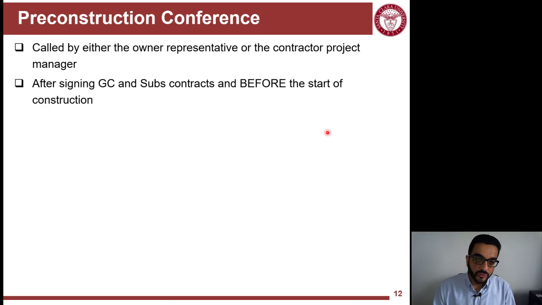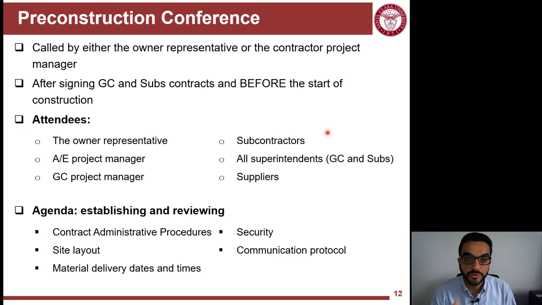Before you move to the site, and after the contract is signed between the owner and GC, and then the GC signs contracts with the subs, everyone is now legally committed and bound. Then you're ready to start the project, but they need to have expectations set straight for everyone. And that's where the pre-construction conference comes in. It's a meeting that a lot of people attend. At least it's the owner, the GC, the architect, and the main prime subs or trade contractors,